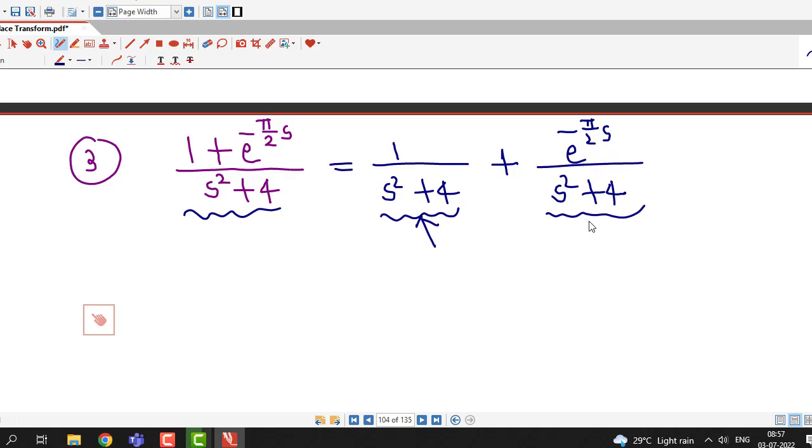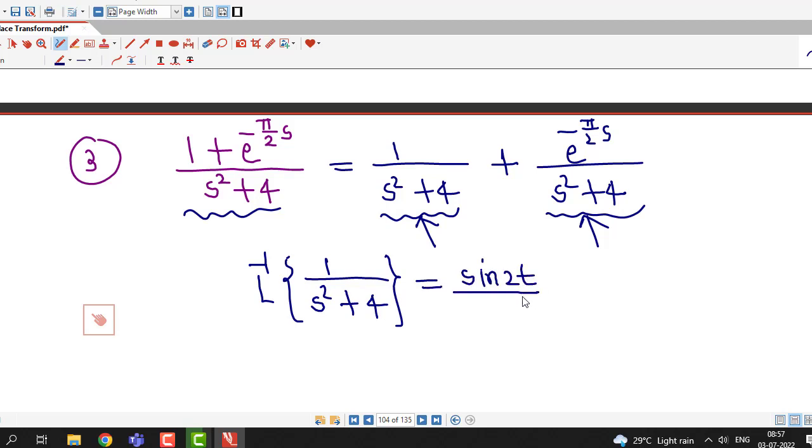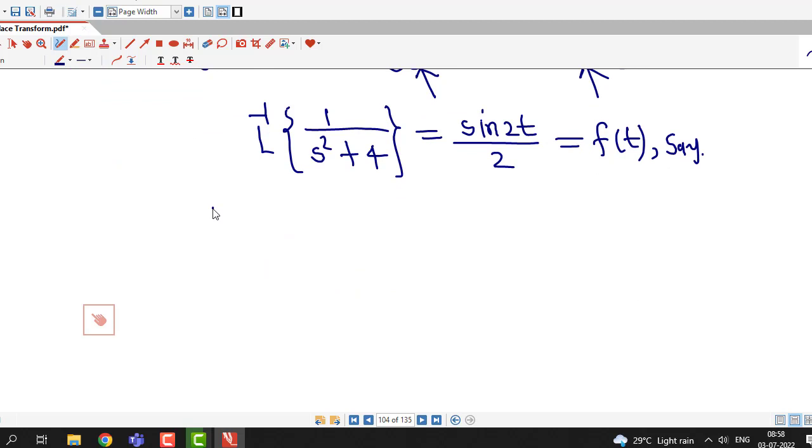So first we have to find the inverse Laplace transform of this function. For that, first we write down L inverse of 1 divided by s square plus 4. This is equal to sin 2t divided by 2, and this we call f of t. And here we have e raised to minus pi by 2 into s multiplied with this. So therefore by second shifting theorem,